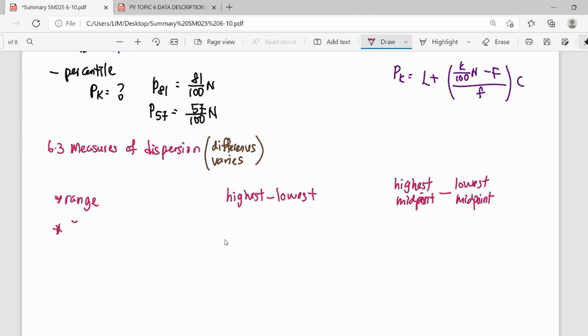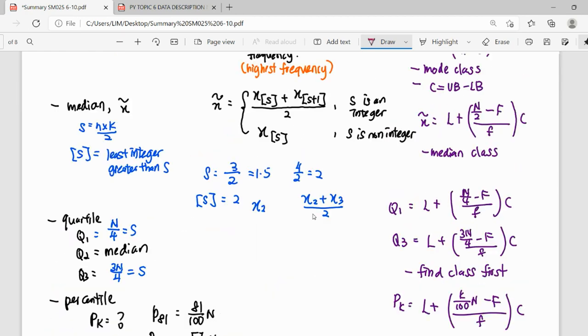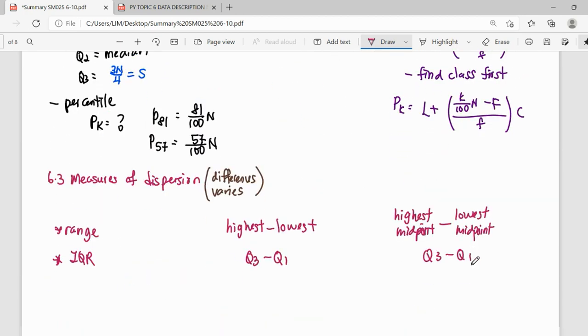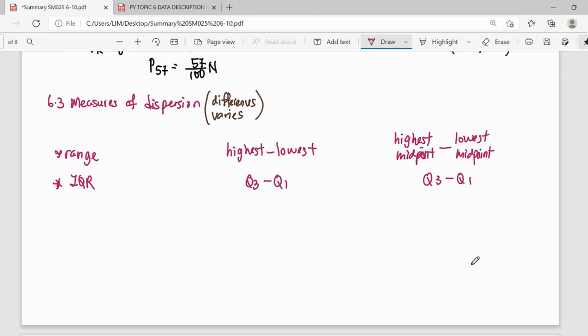Then you can find your interquartile range. So this is one part of our measurement of dispersion. It will be Q3 minus Q1. So the formula will be the same, but how you get your Q3 and Q1, there will be a difference for the ungrouped part and also for the grouped part. Okay, then